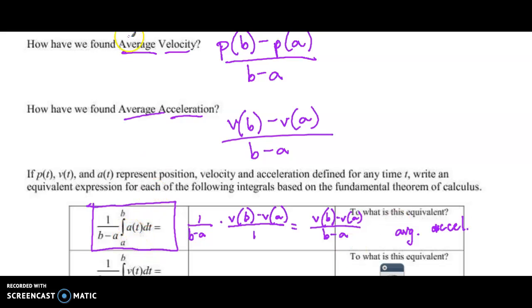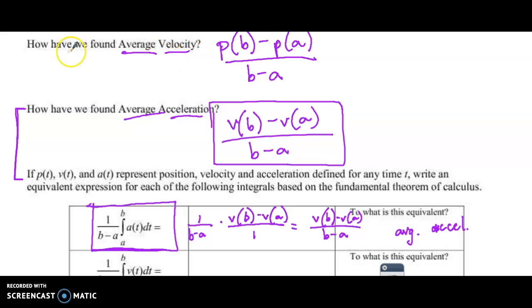So when do you use which formula? Well, it depends. If you're given information about the acceleration and asked for average acceleration, then use this formula here. But if you're asked about average acceleration and you're given several velocities, then you're going to use this formula here. I should have color coded this a little bit better, but I can say the same thing about average